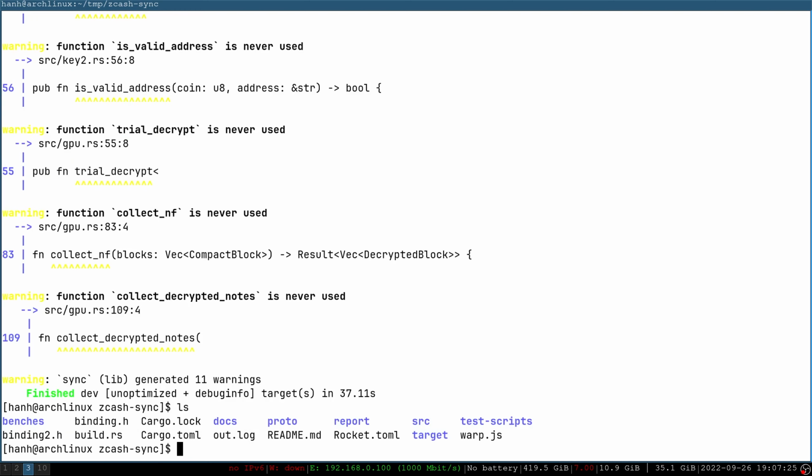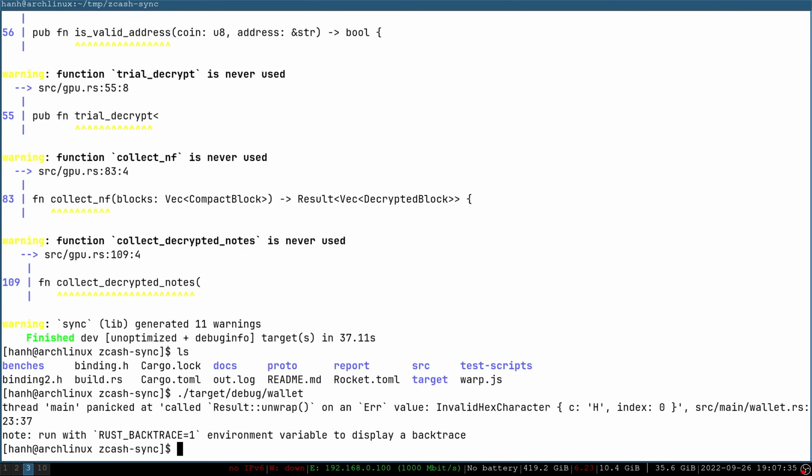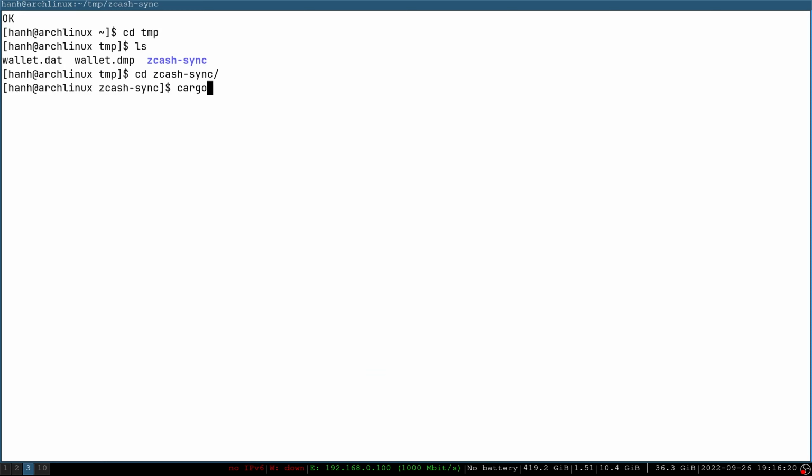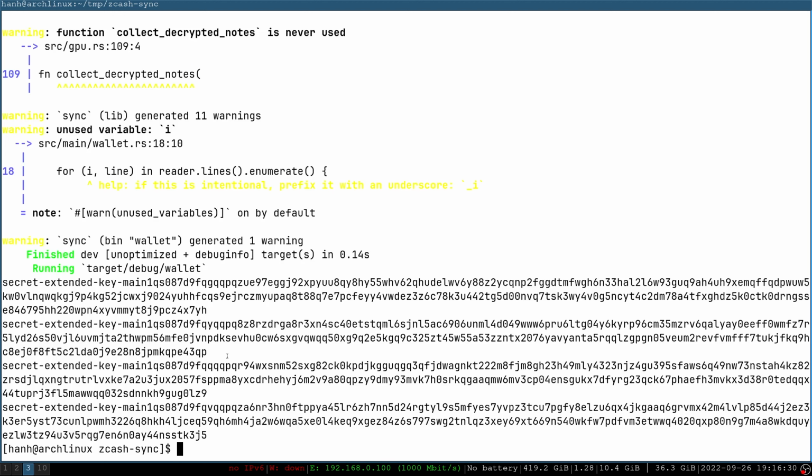Anyway, this is done, and we have a debug binary for wallet. So we can run it. All right. Give it a hex character. What do we have here? Index 0. All right. So I fixed some bugs. Let's try again. Cargo run wallet with features net. All right. So when you run it this time it works, and it gives you